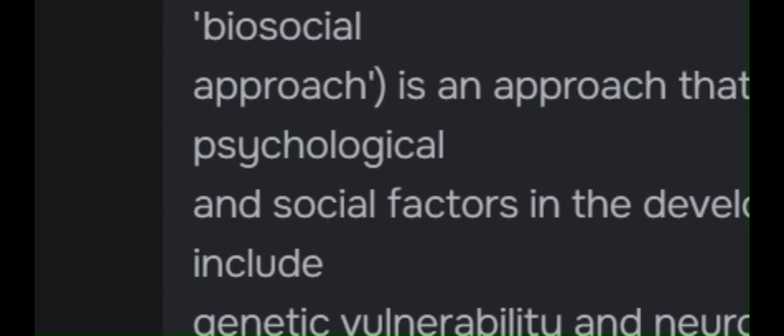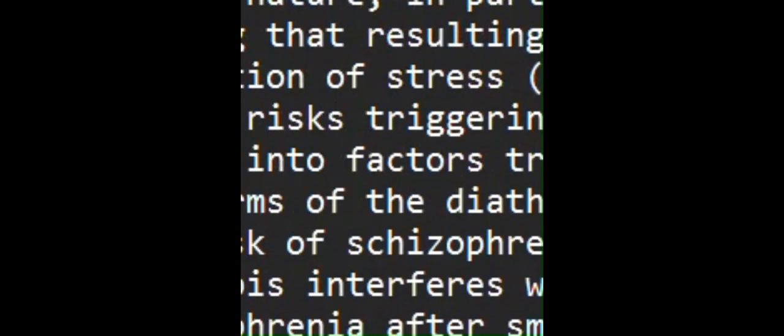The diathesis stress model. The diathesis stress model is one way to present an interactionist approach. And diathesis means vulnerability. In this context, stress simply means a negative experience. The diathesis stress model says that both a vulnerability to schizophrenia and a stress trigger are necessary in order to develop the disorder. One or more underlying factors make a person particularly vulnerable to developing schizophrenia, but the onset of the condition is triggered by stress.